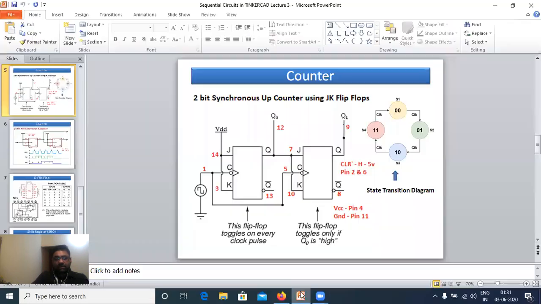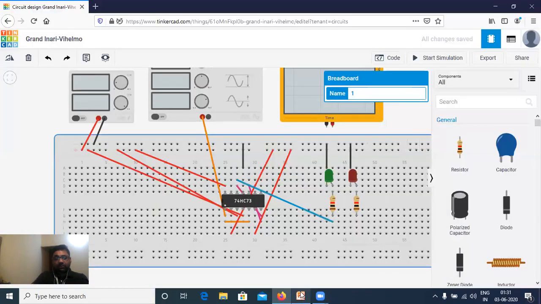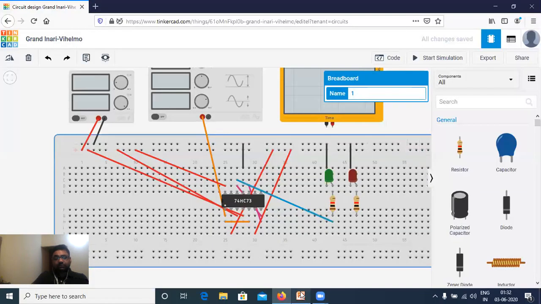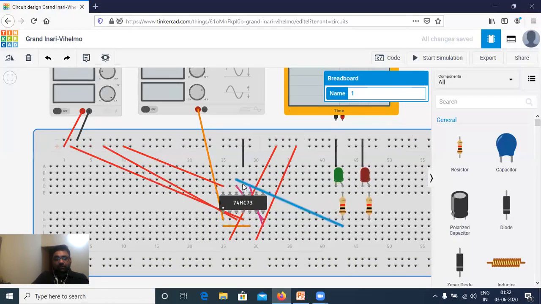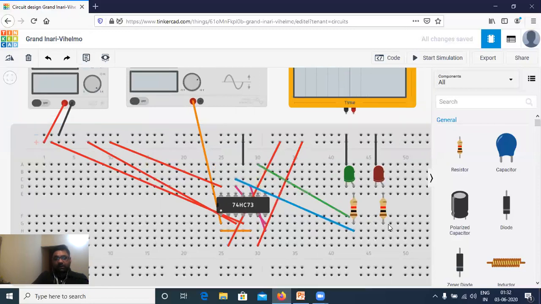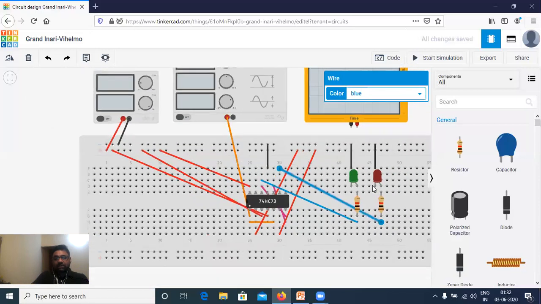So as you can see, pin number 12 is connected to my Q0. Then pin number 9. So this is 8, 9. So pin number 9 should be connected to. So my connection is done.